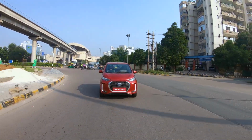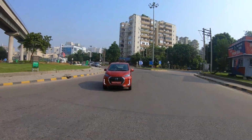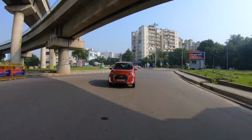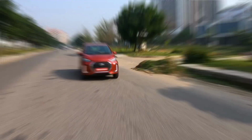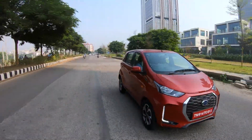What you'll also like is that towards the red line, towards the top end of its power band, the power delivery is quite good, and you'll appreciate that as well, because this car loves to perform when the revs go up. What you'll also like is the ride comfort, which is surprisingly good because it's got very compact wheelbase, very